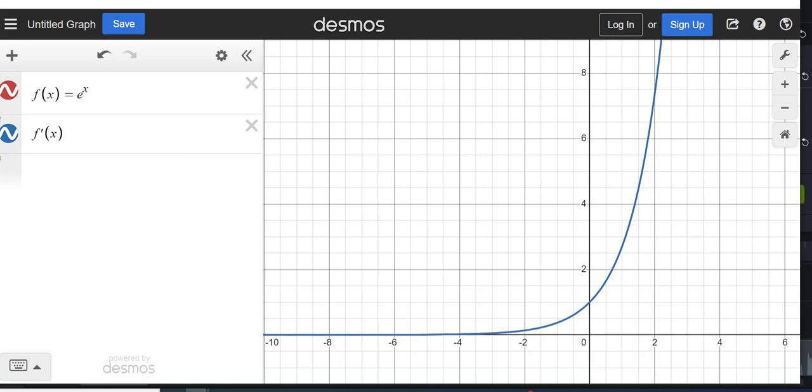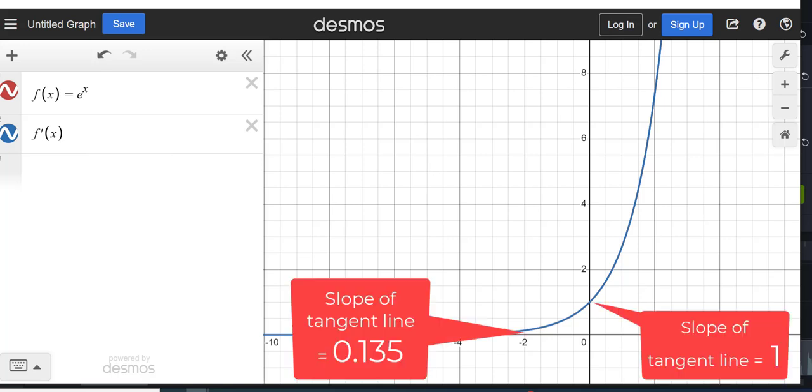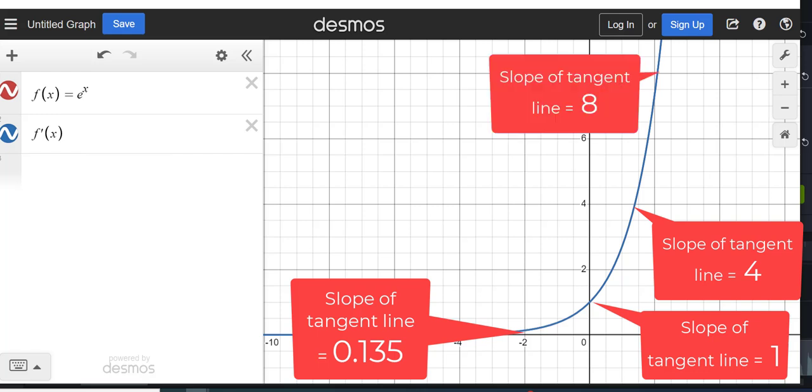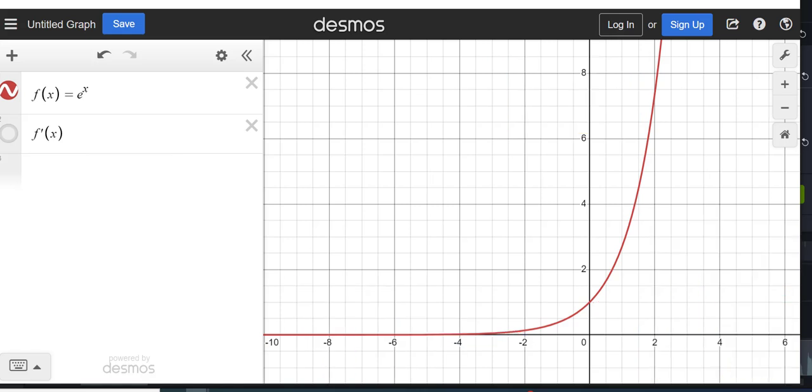So first of all, it's always above the x-axis, right? Because our function was increasing. So our derivative graph should be above the x-axis. It's flat for negative x values as x approaches negative infinity, so closer to 0. And then the slopes of those tangent lines increase as x increased. So that's why you're going to see from a graphical perspective that the slopes of the tangent lines of the graph of e to the x end up looking like e to the x. So that's what you're getting there.